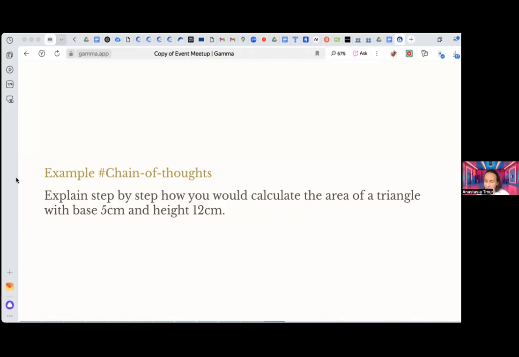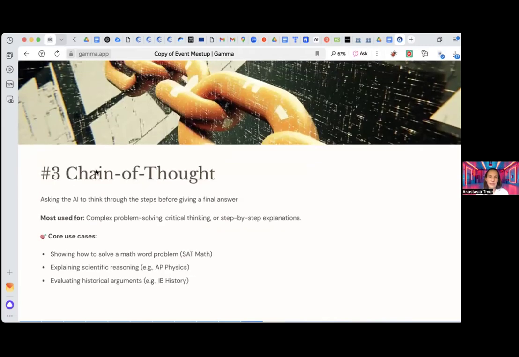So I have read a research about this technique, and one school, an African school maybe, I don't remember. They made an AI tutor and they trained it, and they used chain of thought to explain some complicated topics for the kids, and it works much better than the explanations by their teachers.